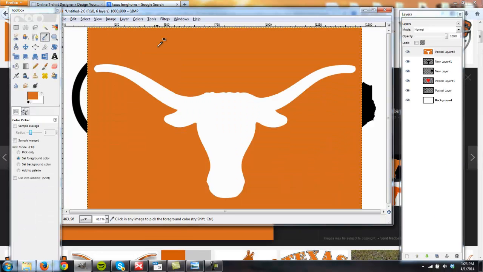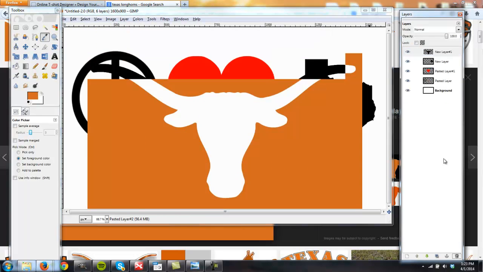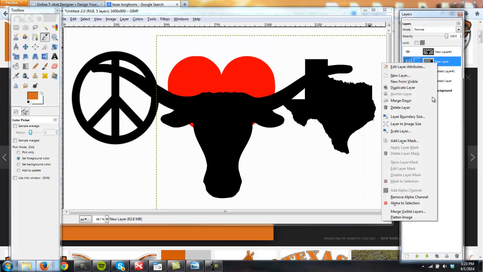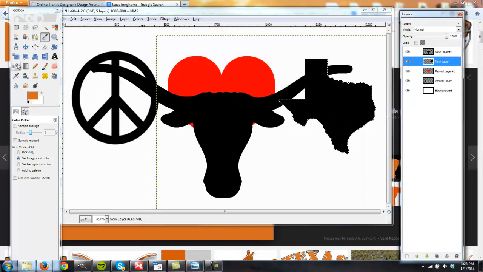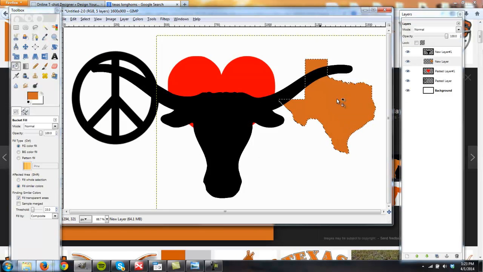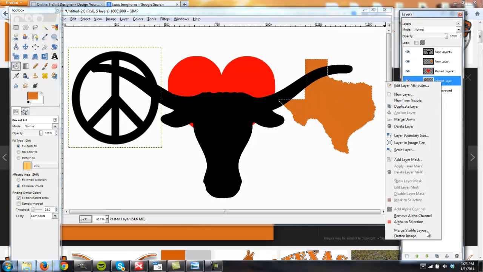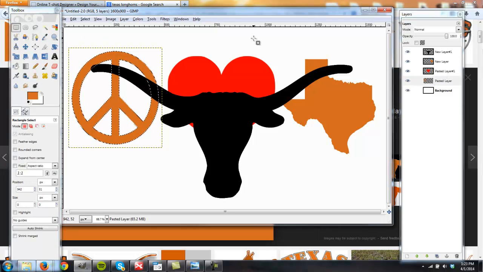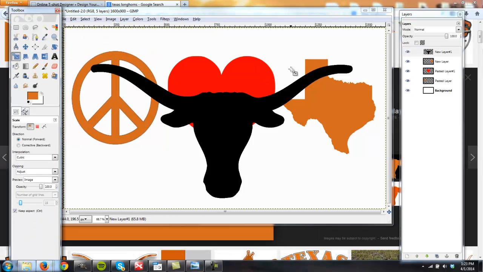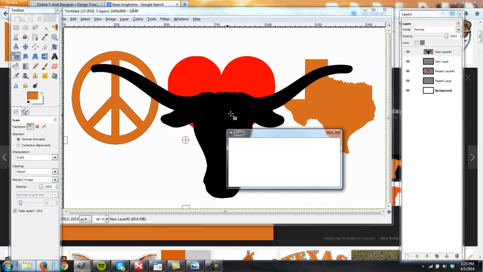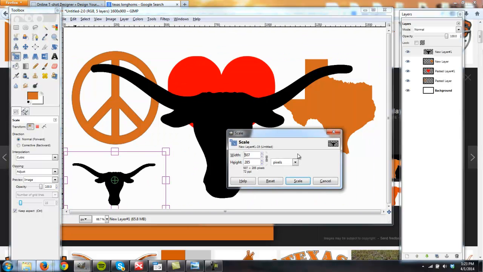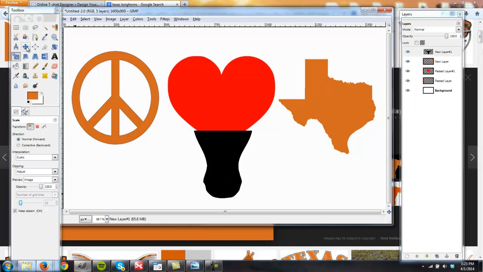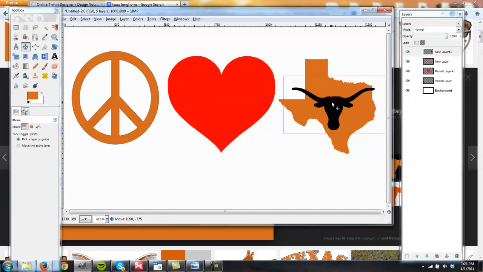Color selector. We're going to make Texas the Longhorn color. We'll do the peace sign as well. And then this is another color that would be added into the mix. But what we could do to cut down costs